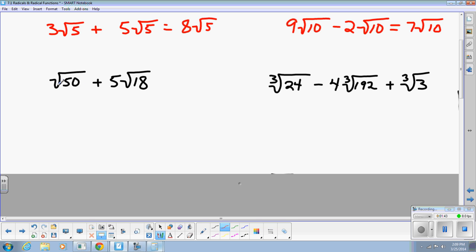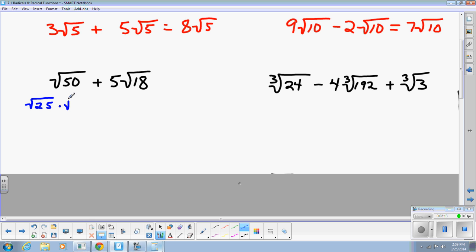The square root of 50 plus 5 times the square root of 18. All right, in these problems, the square root of 50 can't be combined with the square root of 18. These radicals are not the same. So I look for perfect square factors. Are there perfect square factors that I can find in each of these and take those out, and then check to see, hey, maybe I do have a situation like this. So we simplify first. The square root of 50 can be rewritten as the square root of 25